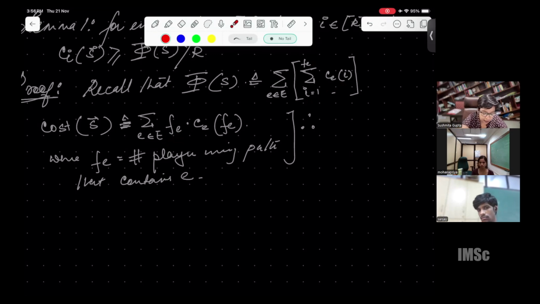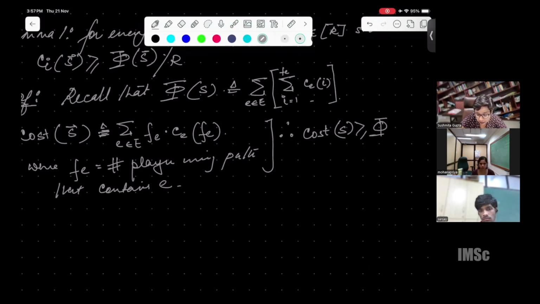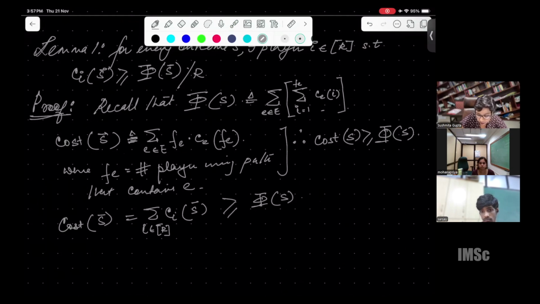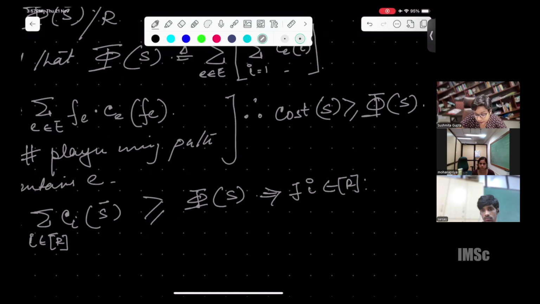But otherwise, what do we say? Cost of s should be at least the same value as phi of s, right? So from here, cost of s is the summation of the cost of each of the agents. If all of them had value strictly less than this, using this, therefore, implies there exists an agent i such that